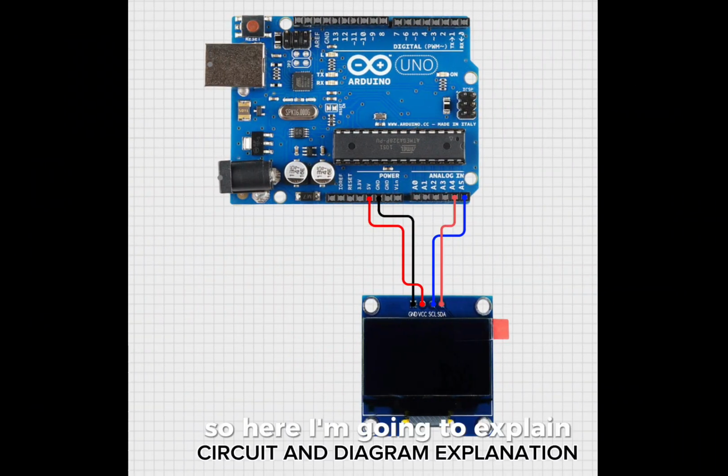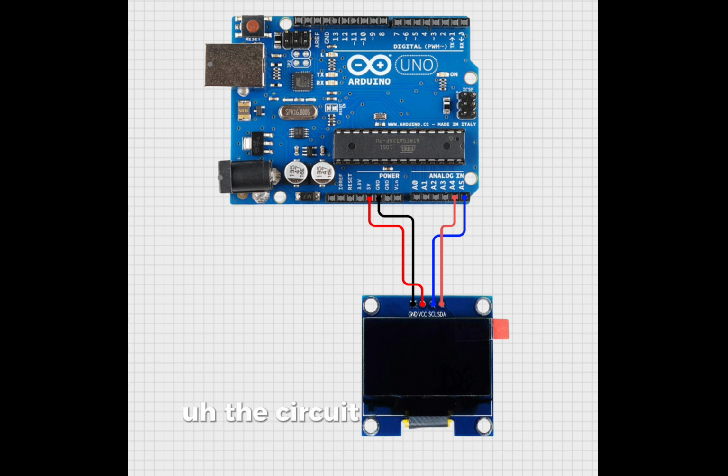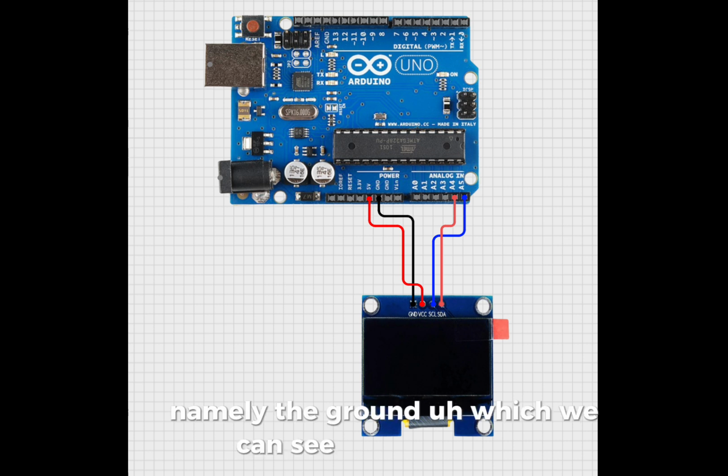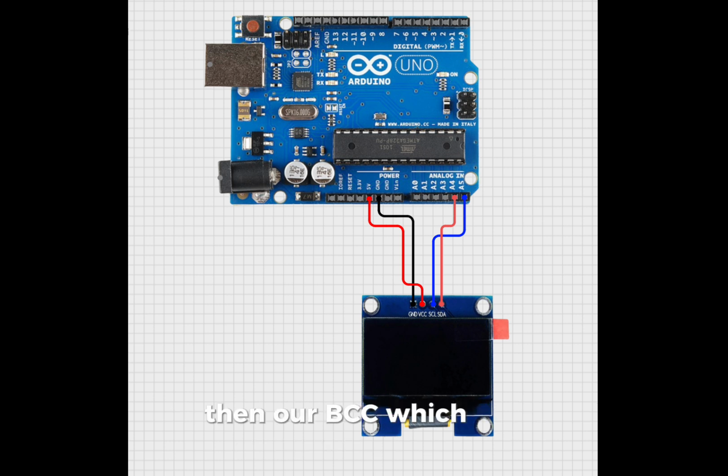So here I am going to explain the circuit diagram and the connections of our OLED display that we have used for our task number 2. So in our OLED we have 4 pins, namely the ground, which we can see as the red wire, then our VCC, which will be connected to our power source, then our SCL for our clock, and the other one is for SDA, which is connected to the